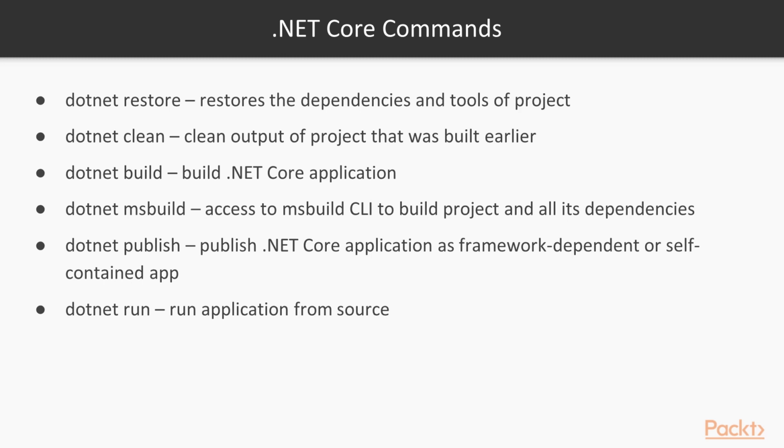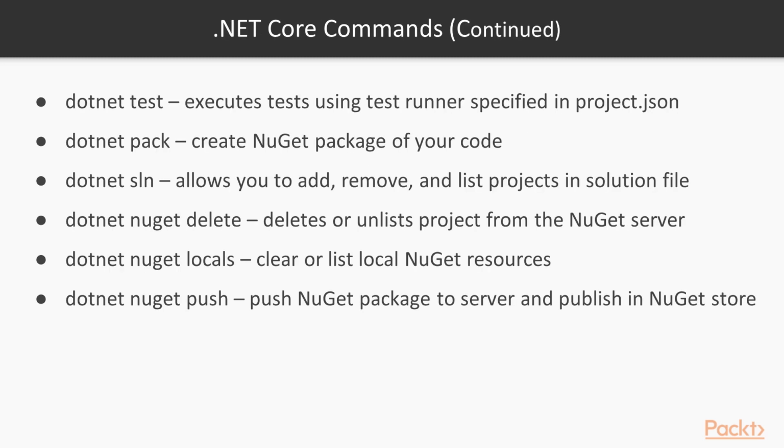When you want to publish a .NET Core application as a framework dependent or self-contained app, you should use the dotnet publish command. The dotnet run command is used to run the application from source. When you use dotnet test, it executes the tests using the test runner specified in the project.json file. When you want to create a NuGet package of your code, you should use the dotnet pack command in the